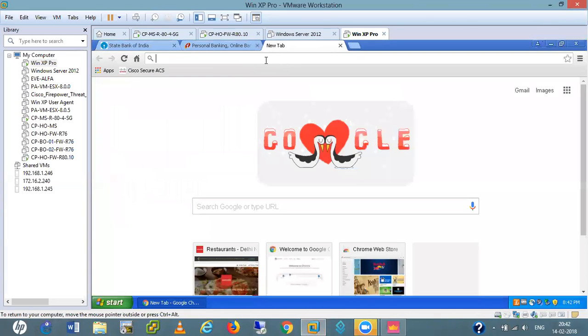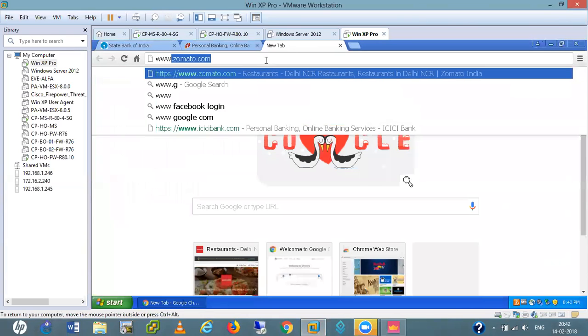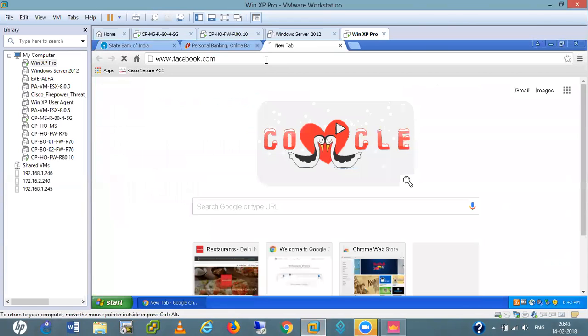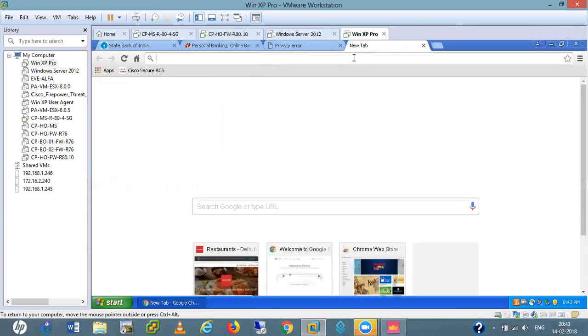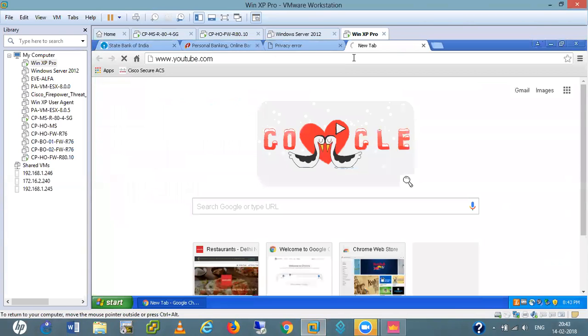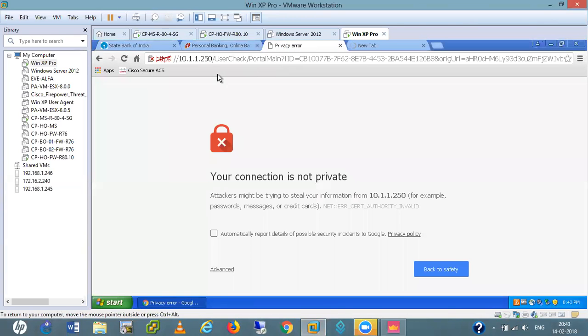Now let me open www.facebook.com and www.youtube.com. See, we get this privacy error: your connection is not private. Under advanced, see, the Checkpoint portal.